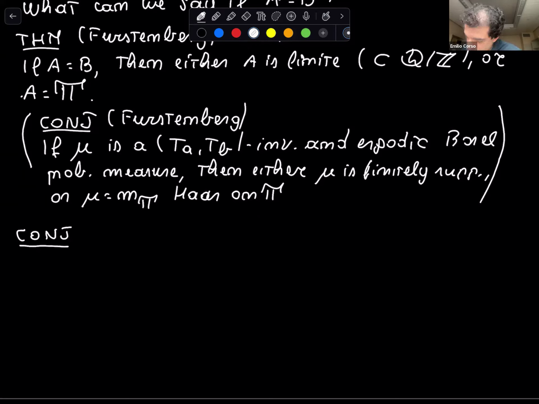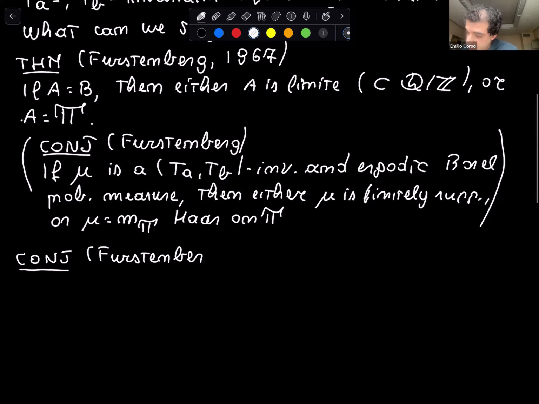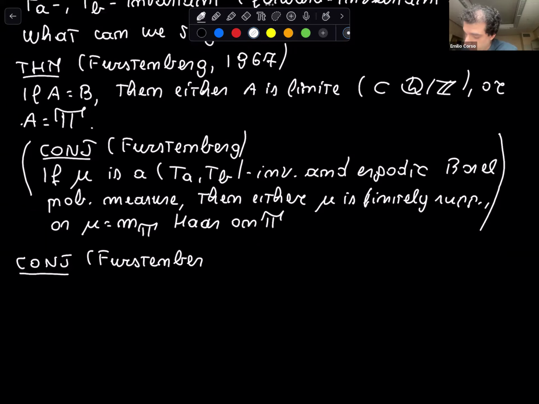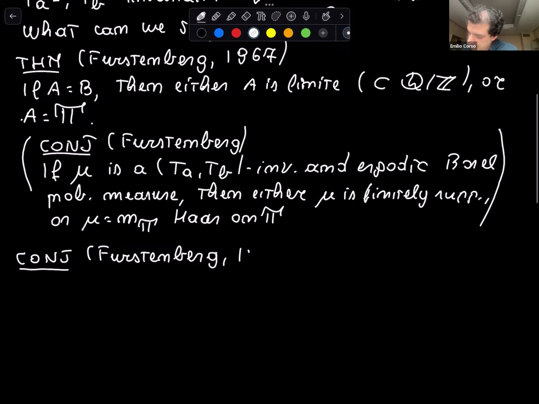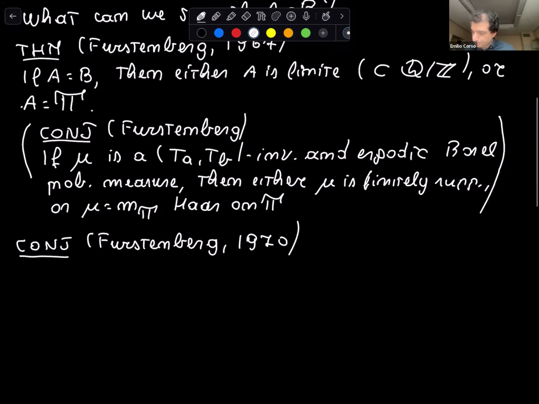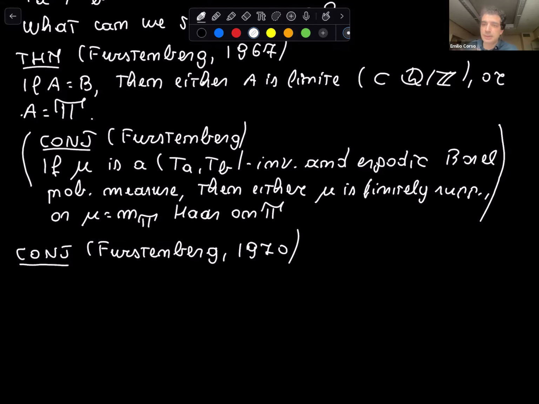So it started as a conjecture, which is one of many rigidity conjectures of Furstenberg's, perhaps more geometric in spirit compared to the topological rigidity result, but still aiming at capturing exactly the same principle I alluded to earlier. I think this appeared in print in 1970. A way to measure how much structure they share, A and B, invariant under times A and times B respectively, is to look at their intersection.